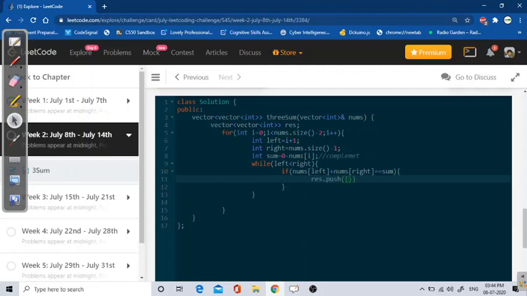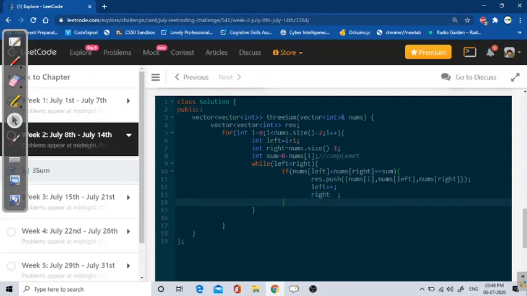So what I will push, that is first I will push index I, that is nums of I, right? Nums of I comma nums of left comma nums of right, and after that I will increase left to plus 1 and decrease right to minus 1, right?